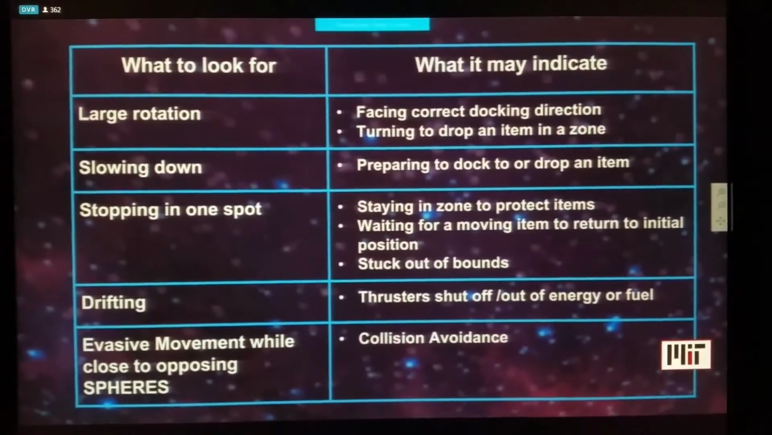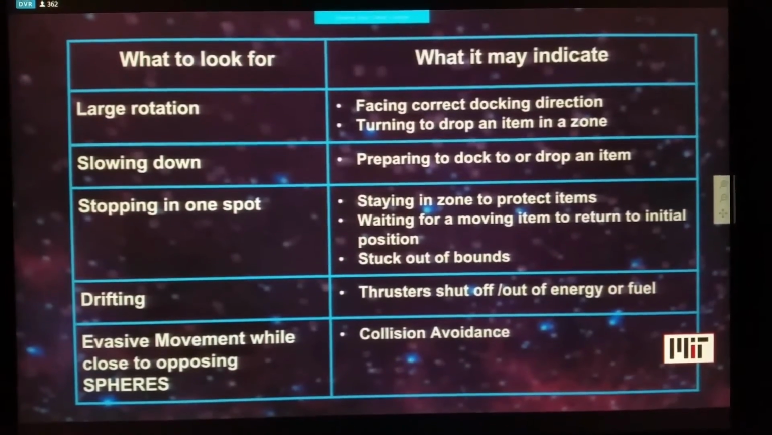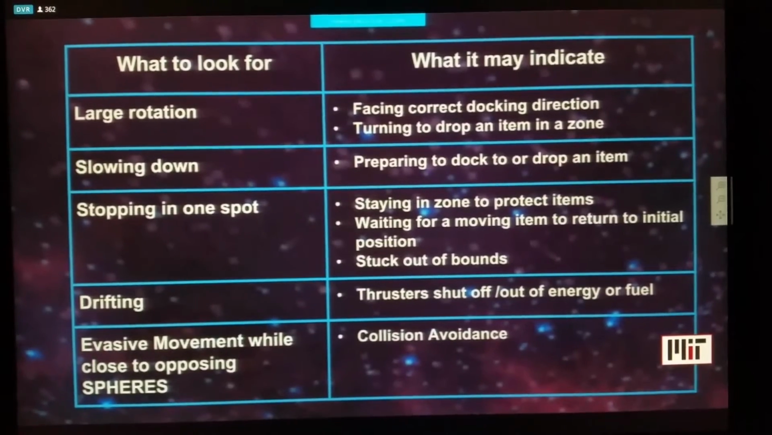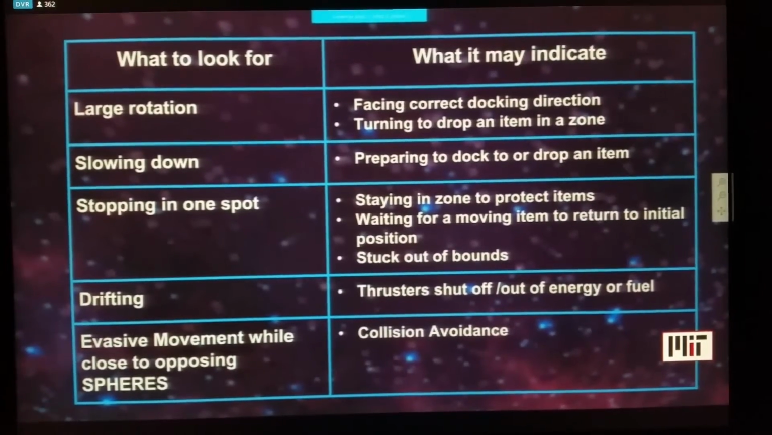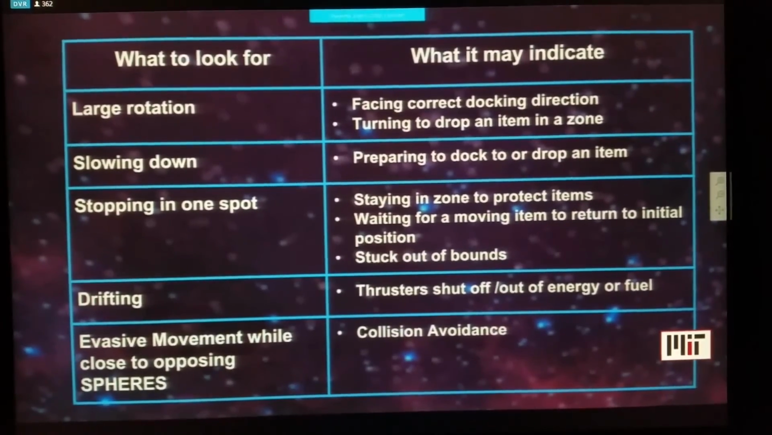If you see it slowing down, that means it's preparing to either dock or drop an item. If you see a satellite stopping in one spot, it may be staying in its zone to protect its items. Some teams